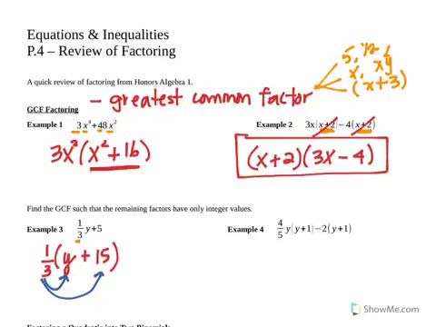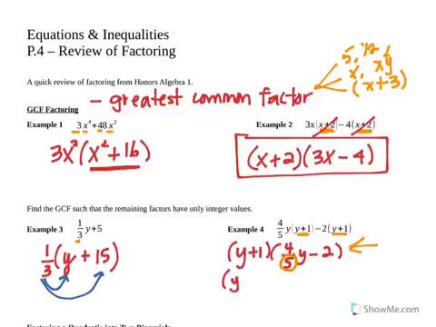Alright, the next one is also a little bit tricky. We're going to look at the GCF first as just the binomial. We'll take that out. Then we're going to look at this guy right here, and we're going to take out this fraction, just like we did in example 3. So this is going to be y plus 1. We'll take out a 1/5. That'll leave me with 4y